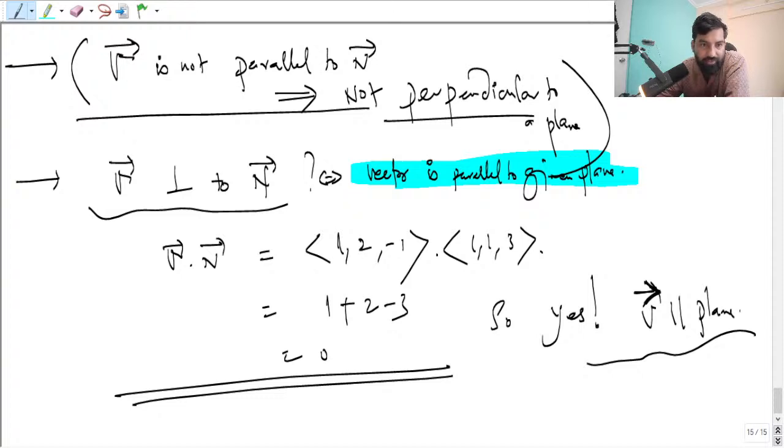Let's say that this vector is given, that is 1, 2, minus 3. What I want to explain now is, see, we have got a plane equation, right? And we have got some vector, right? Many of us, what we always do is we try to take that component and put it in the equation, and we try to see whether it is satisfying or not, right? So if you plug this vector into the plane equation,